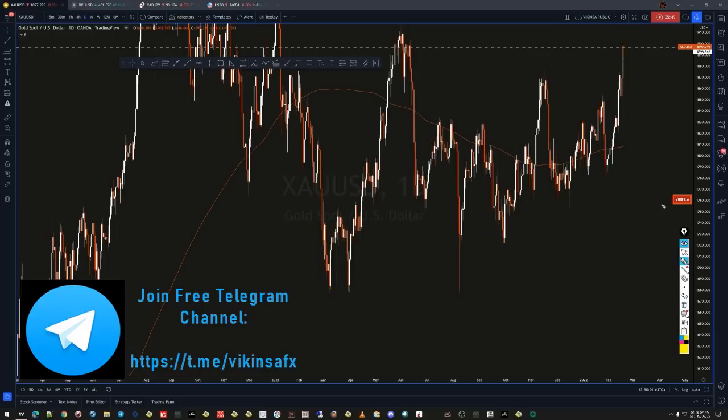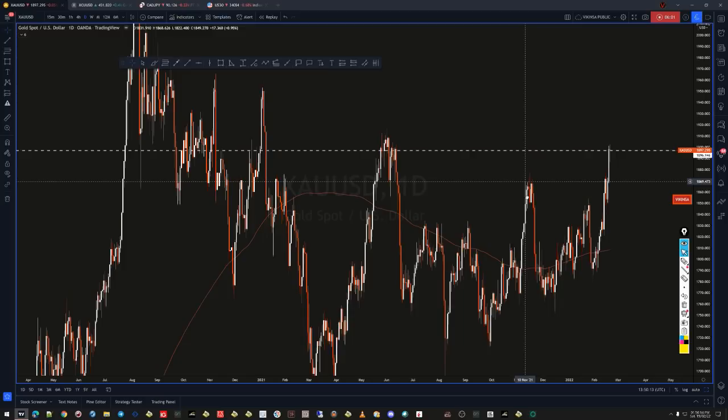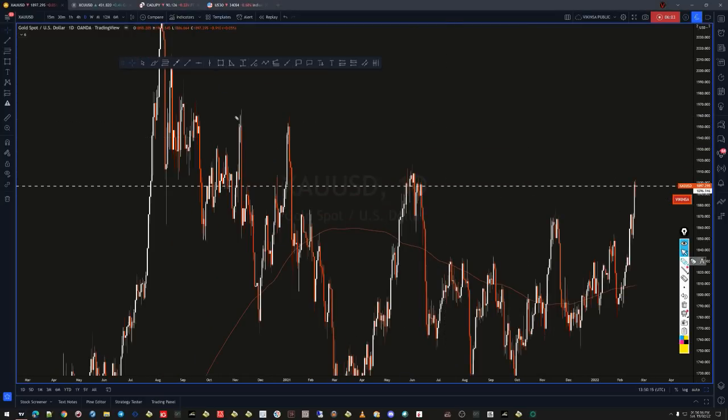So expect the unexpected. If you are not expecting something like a drop like this, or maybe in steps, then you should expect that, because that's how the market works. It usually causes a lot of pain here. Now here we also have a liquidity area, which I've already mentioned before. So you should be aware of that.